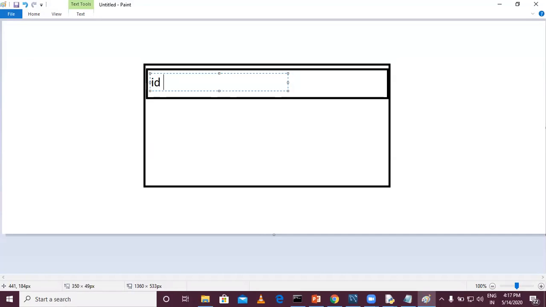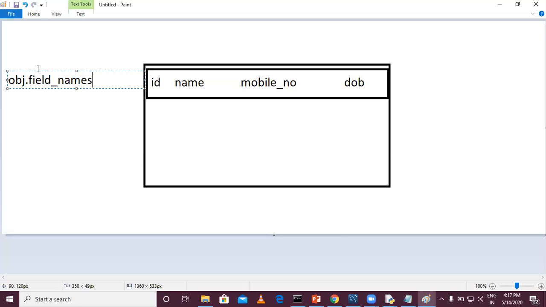One is ID, then name, mobile number, and DOB. How can you set these? By using that object and field_names. You can do this particular task.